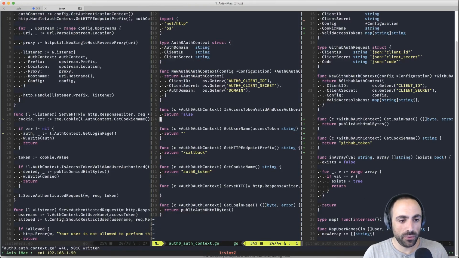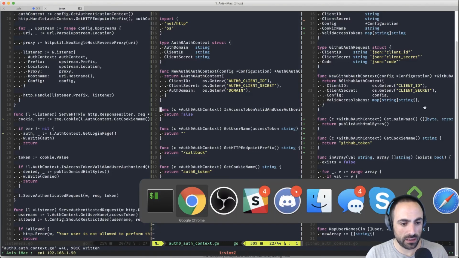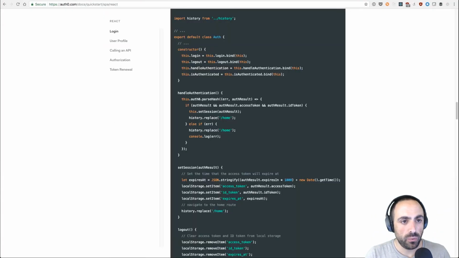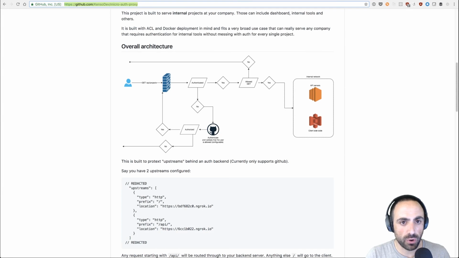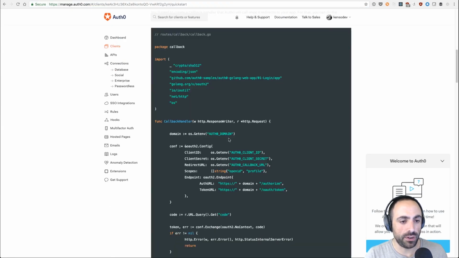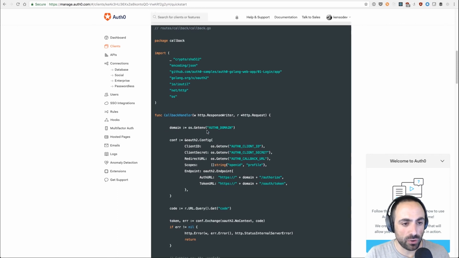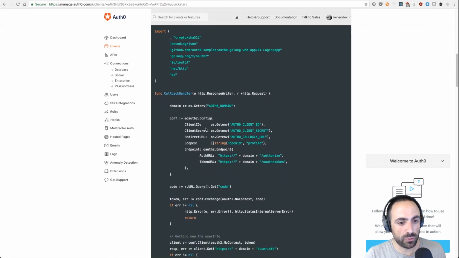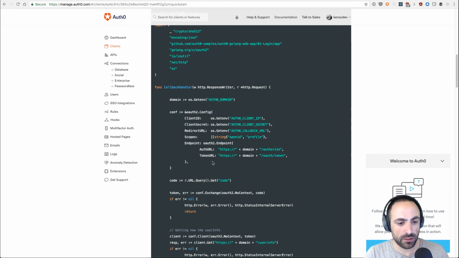Okay, so now we have that. And what we can see, there was some Golang like this one here. So here we have this domain, and we have a configuration. And then we get a token.